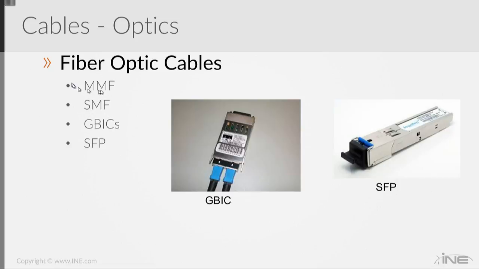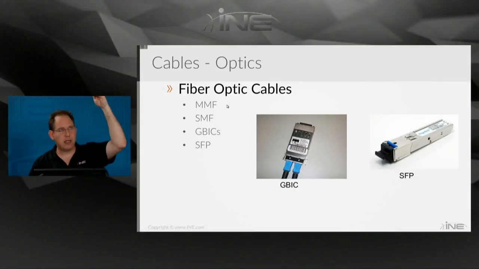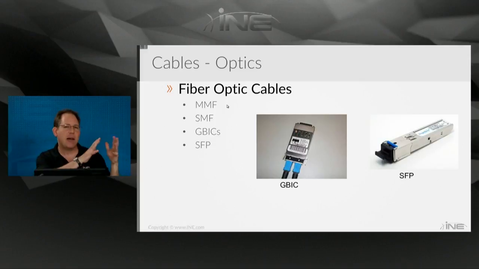The top ones here, MMF, stands for multi-mode fiber. And SMF stands for single mode fiber. These are different types of fiber cabling. Multi-mode fiber is typically the type of cabling that you would use when you don't need your fiber optic cable to go very far. For example, let's say I had a building that had 10 stories, first floor up to the 10th floor, and I decided that I wanted to run fiber optic cabling in my building to connect each of the floors together. And one reason for this is fiber optic cabling can transmit data a lot faster than